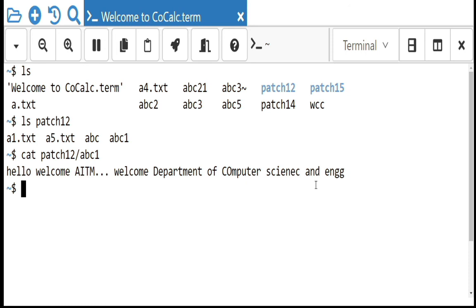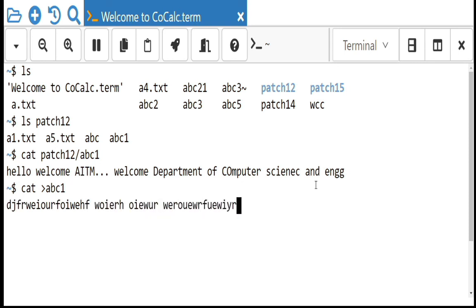Now I want to move the abc1 file to the patch 1 2. Before that, let me create one file with the name abc1 in the folder. Same thing, I am going to write some content. Okay, these contents are there.